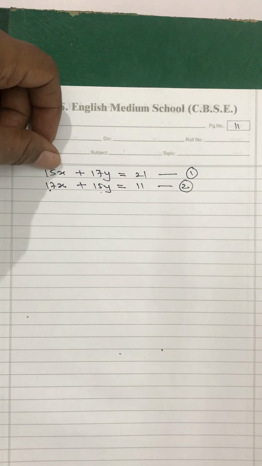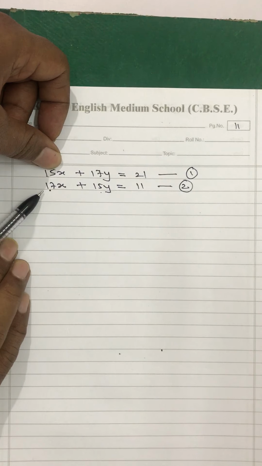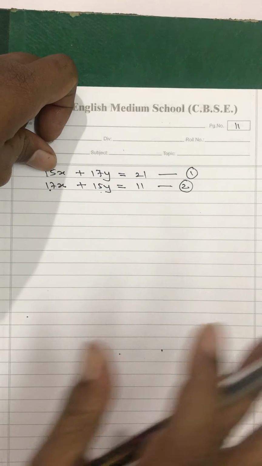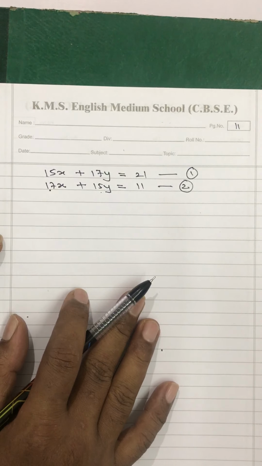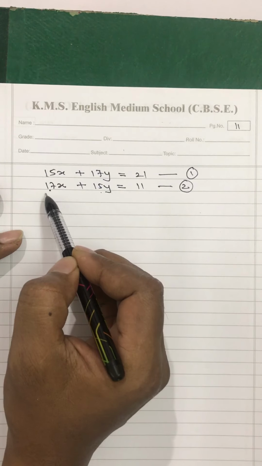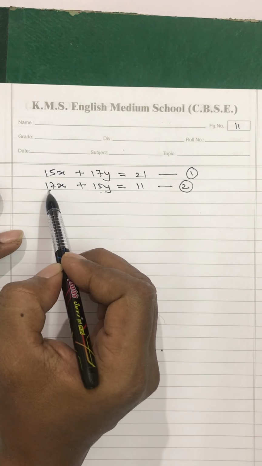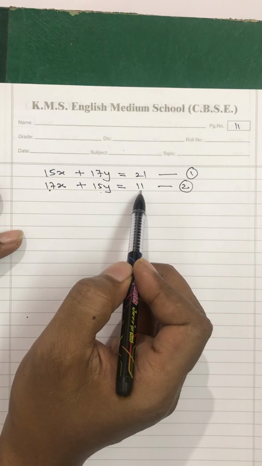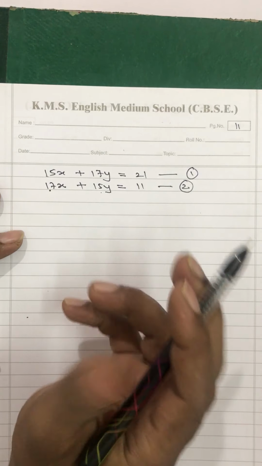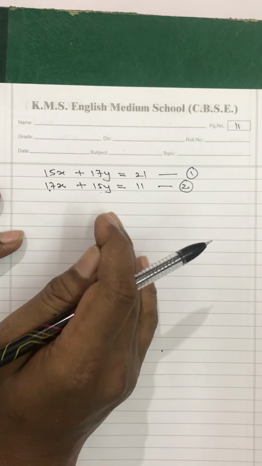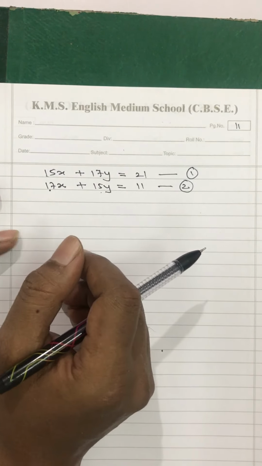If I target x, then I will multiply the first equation by 17. If I target y, then the second equation by 15, meaning you multiply the equation by the opposite coefficient. That can definitely be done, and it will give you the same answer. But multiplying 15 by 17, 17 by 15, then 21 also by 17, and then multiplying 11 again, those are really horrible calculations that you have to go through, and these are still easy values. You will get different values again.